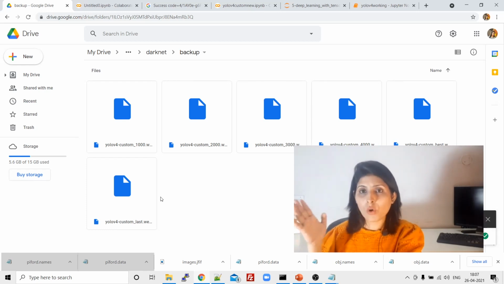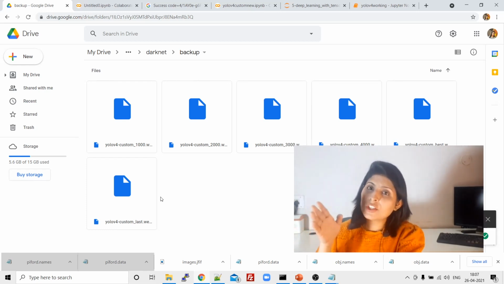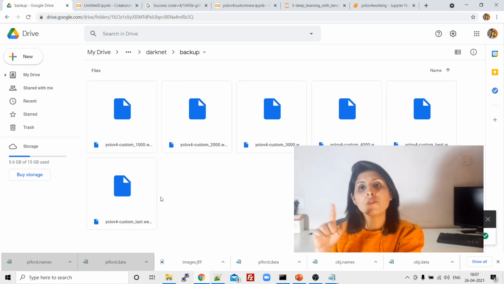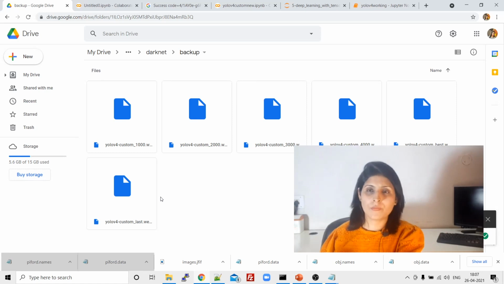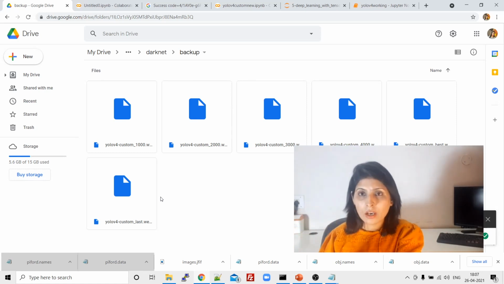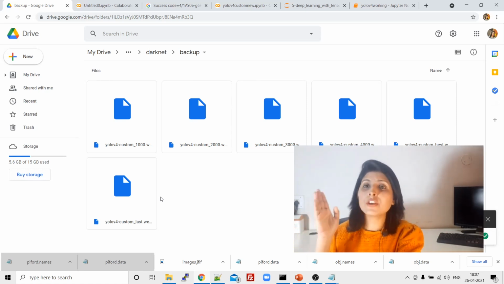The weights of your trained model will get stored over here, and using these weight files we will test our algorithm later on. So the backup folder is where all the trained weights get stored when you execute the command to train your algorithm. Using these trained weights we will test our custom detector.